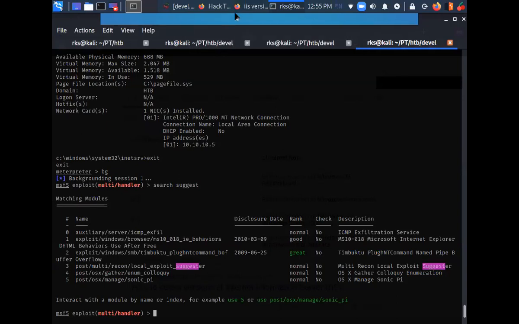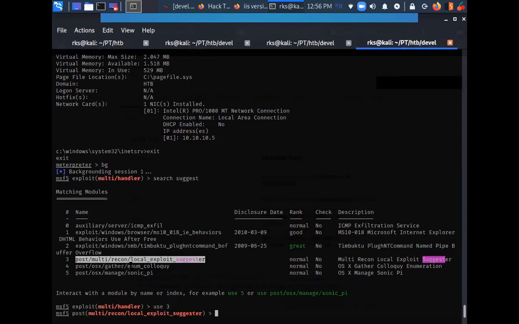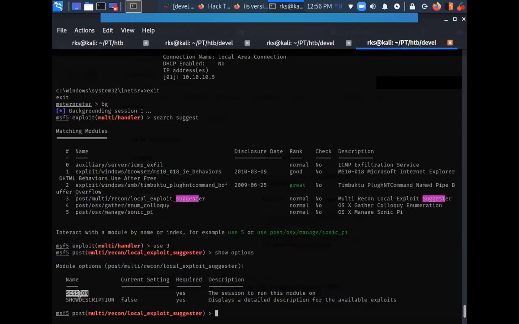Okay, so let's use this one. I can simply copy paste this, or I can just do use 3, press enter. Okay, and just type show options. It says I need to mention the session, an active session.